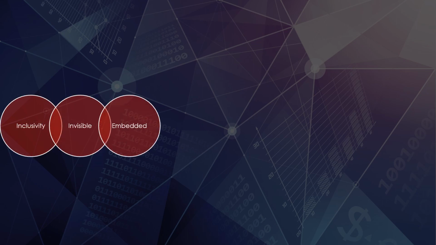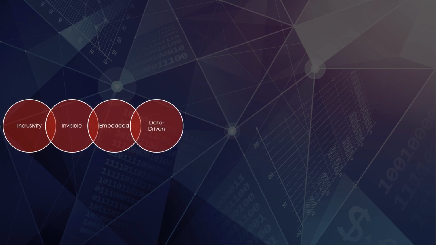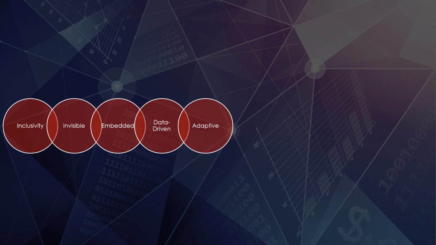Embedded. Ambient computing is about embedding intelligence, data connectivity, conditional programming, and machine learning in one small application or gadget. Data-driven. In ambient computing, the connected Internet of Things devices are always sharing data amongst themselves. Adaptive. The IoT devices and apps of ambient computing can automatically adapt in response to various situation changes.